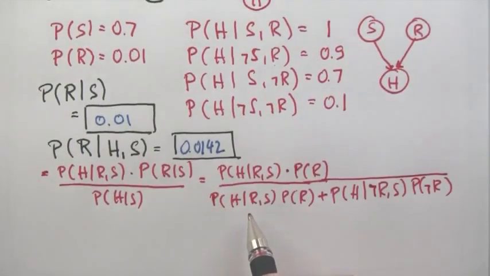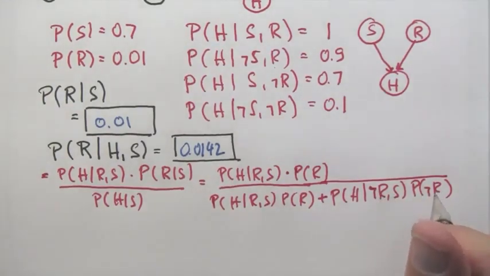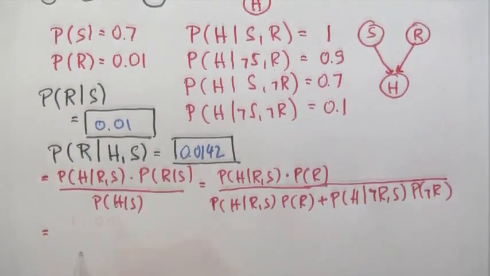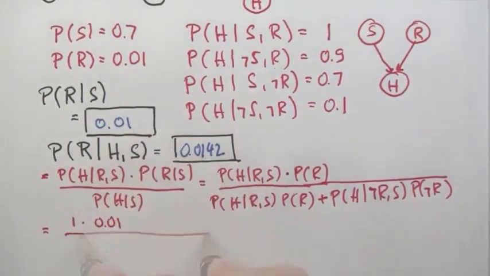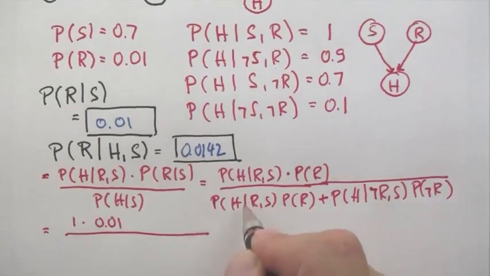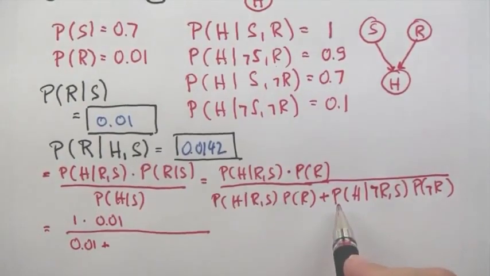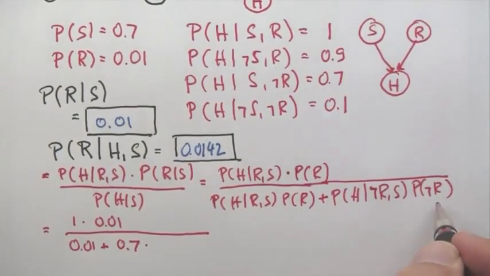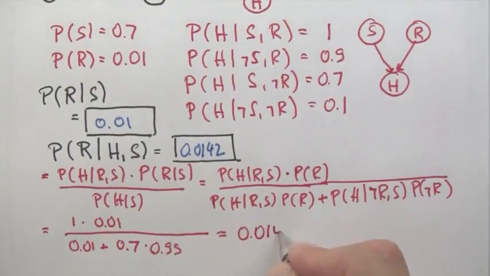P of H given R, S times P of R plus P of H given not R and S times P of not R, which is total probability. We can now read off the numbers from the tables over here, which gives us 1 times 0.01 divided by this expression, which is the same as the expression over here, so 0.01 plus this thing over here, which you can find over here to be 0.7 times this guy over here, which is 1 minus the value over here, 0.99, which gives us approximately